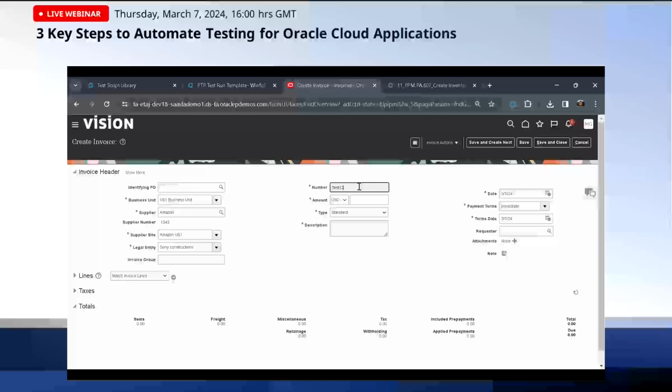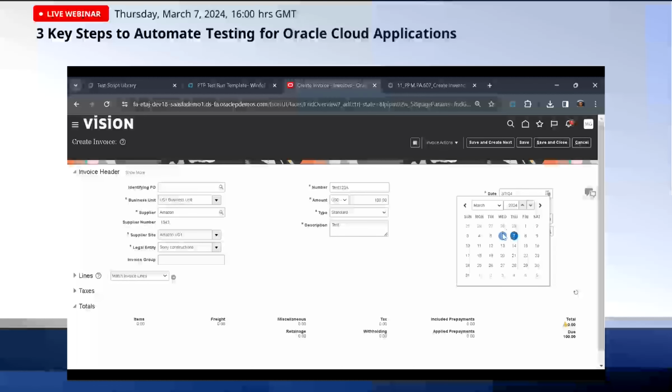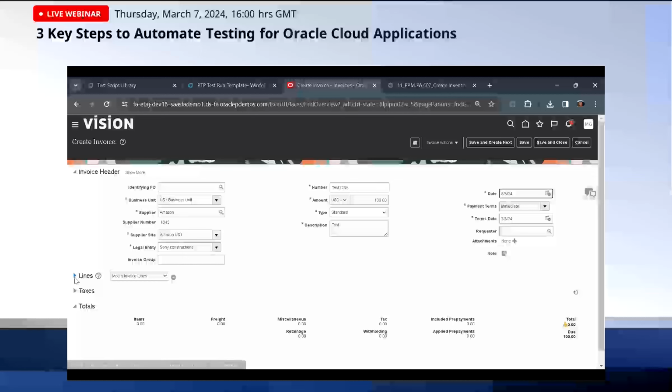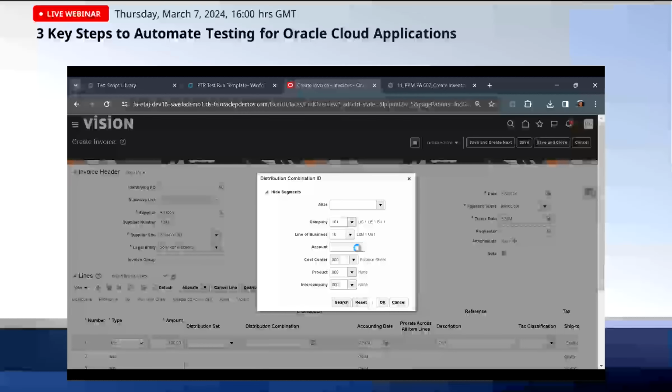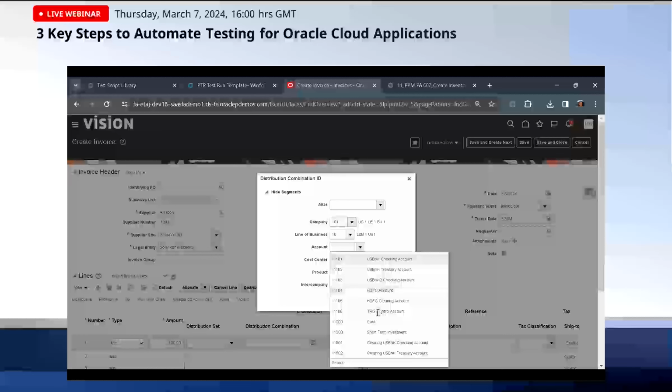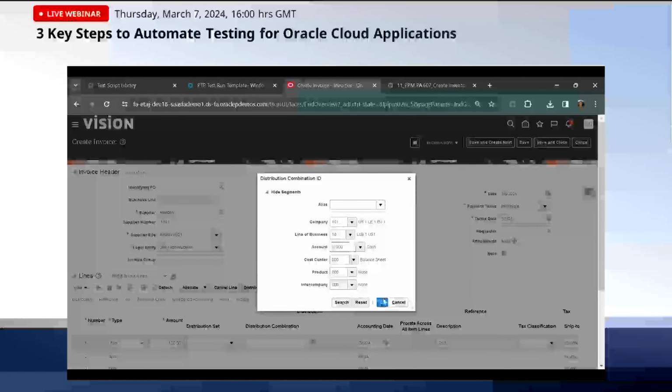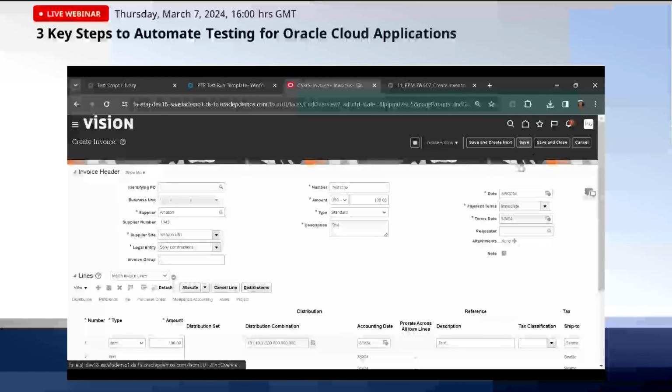Populate all of the details that you would normally do, including any DFFs that are available. These can be captured as well by the tool. I'll go into the lines area and just give a distribution combination. And you can see how this is also captured as a step by the tool. I will click on save and